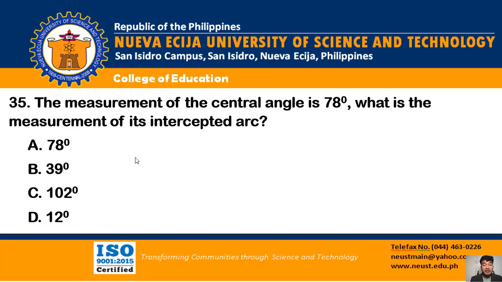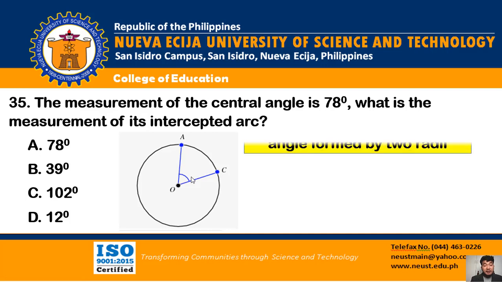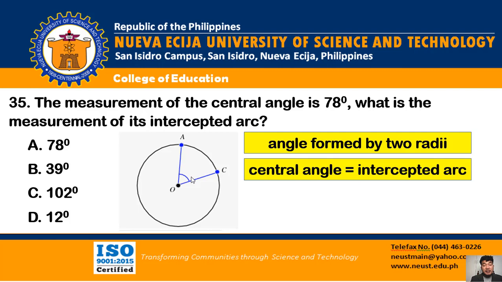Number 35. The measurement of the central angle is 78 degrees. What is the measurement of its intercepted arc? Alright. Here's a central angle. A central angle is an angle formed by two radii. And a central angle is equal to its intercepted arc. Meaning, the measurement of the angle formed in the circle is equal to the length